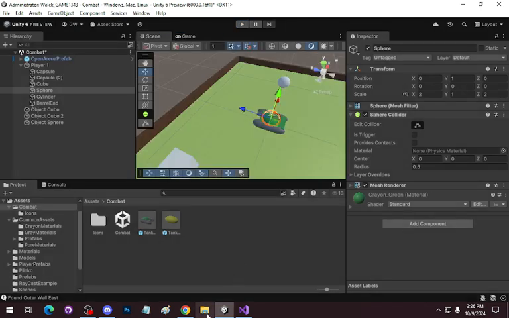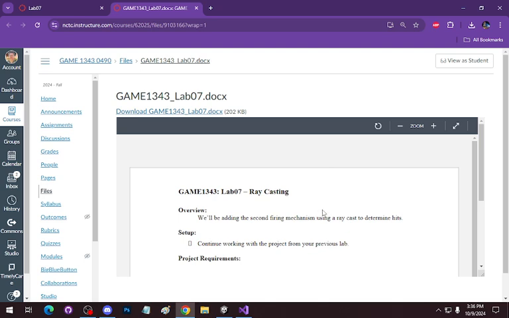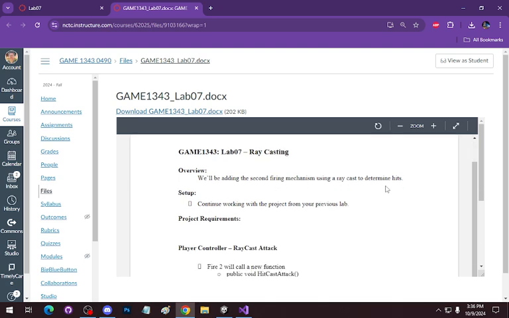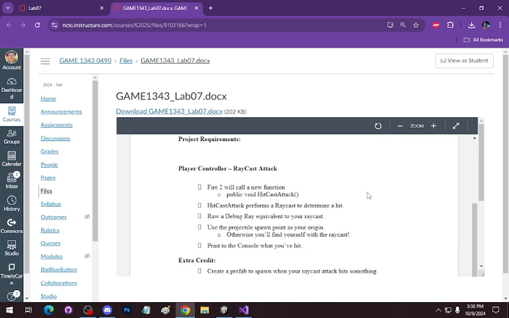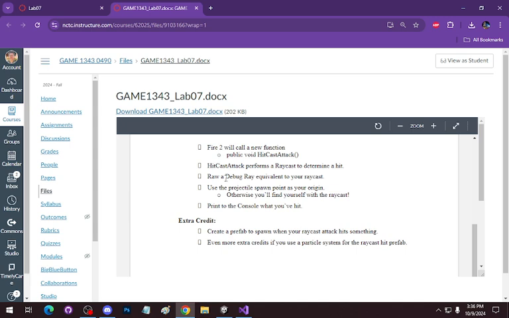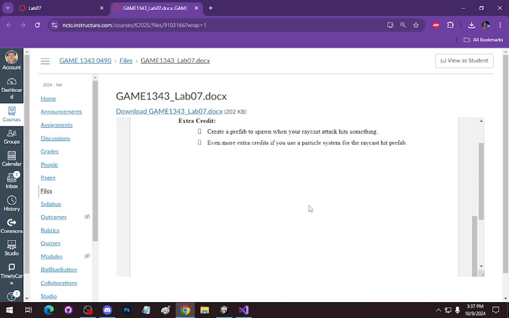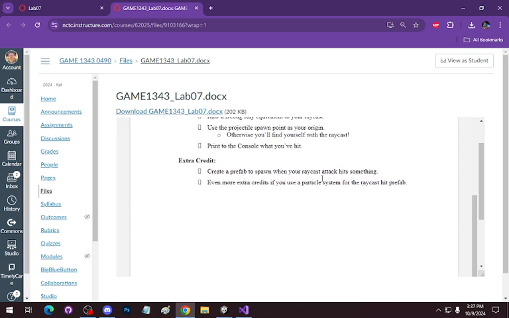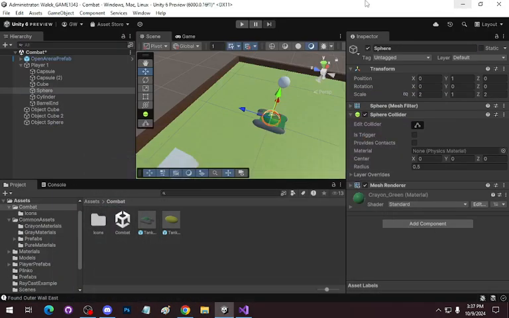Let me just check the lab document. Again, we're adding the second fire raycast determine hits. And again, we're just putting to the console what you've hit. Create a prefab to spawn when your raycast hits something. That's extra credit. Use a particle for the raycast hit prefab. So our purposes,